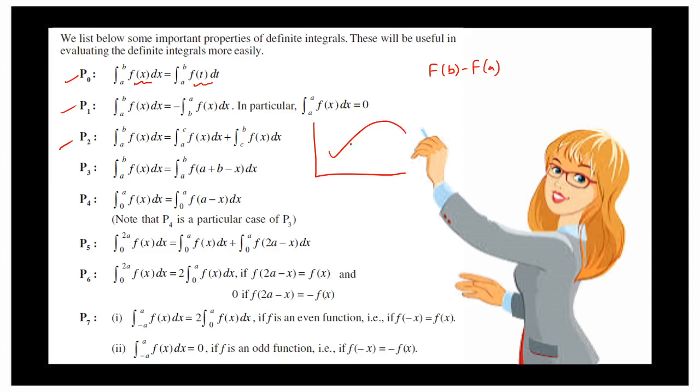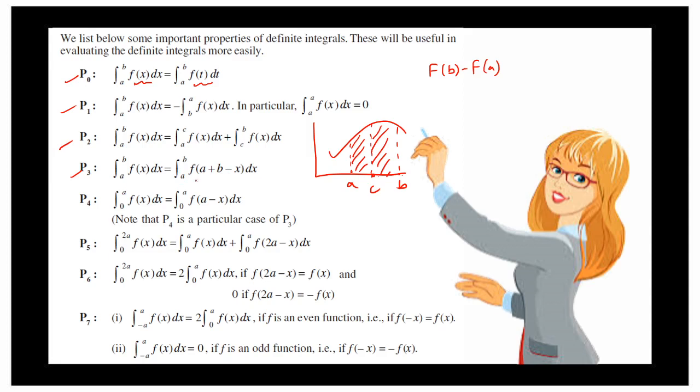Basically, let's say we have to find the area of this portion. This is a and this is b. Then somewhere in between we can break. Let's say it is c. So we can find the area from a to c and then c to b, and then we can add. So this is allowed. Next property says integral a to b f(x) dx can be written as integral a to b f